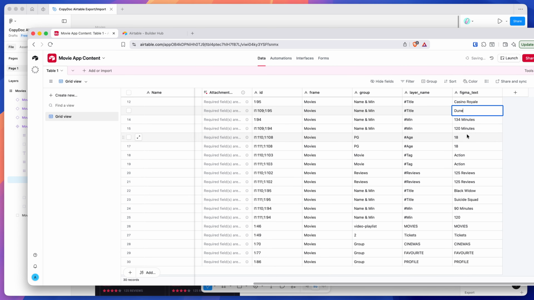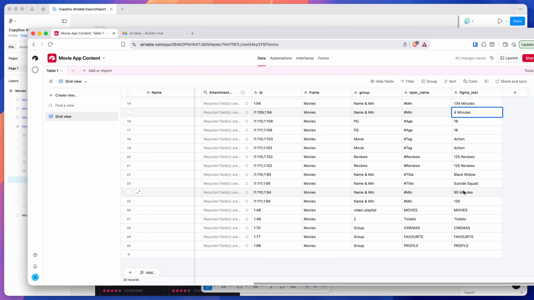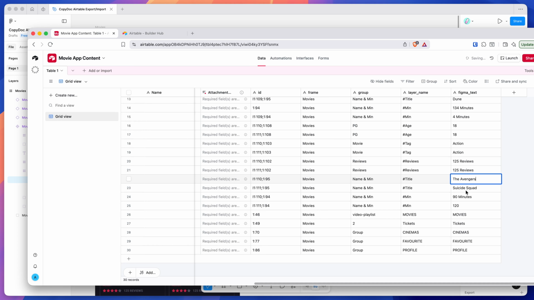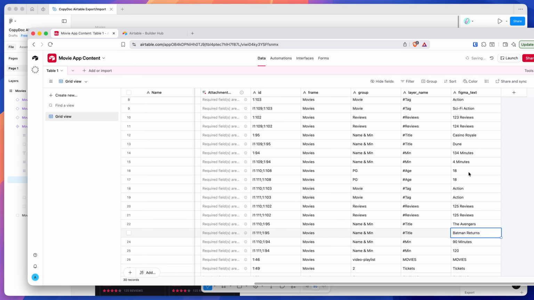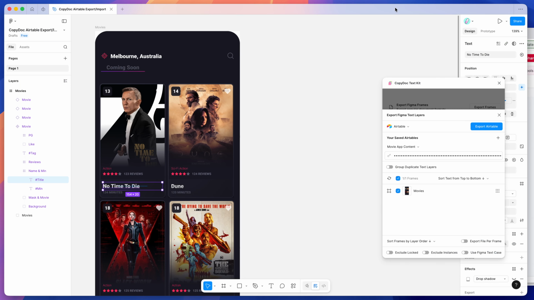In this sense, we can also change any of these minutes. So we could basically change this to like 4 minutes or something like that, just to make it a bit obvious. And you can basically go through and change whatever you want. So we could call this one The Avengers and update a few of those different ones. If we called this one, you know, Batman or something like that, we can basically change all of these text contents. And then once you're happy with these text edits in Airtable, we can now go back into our Figma